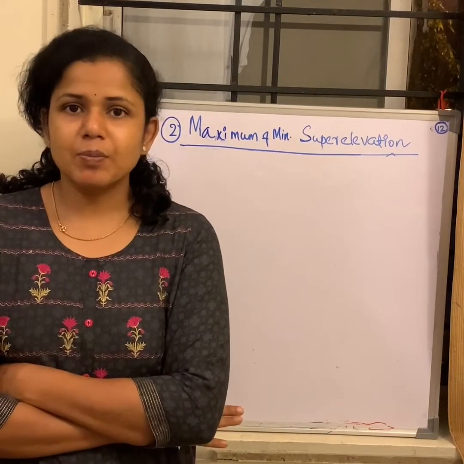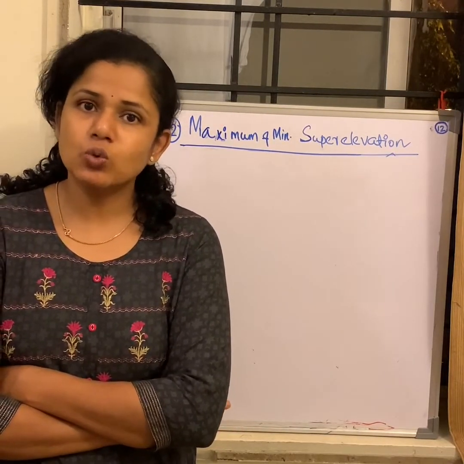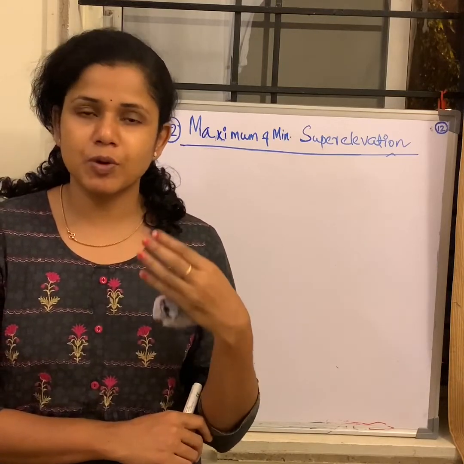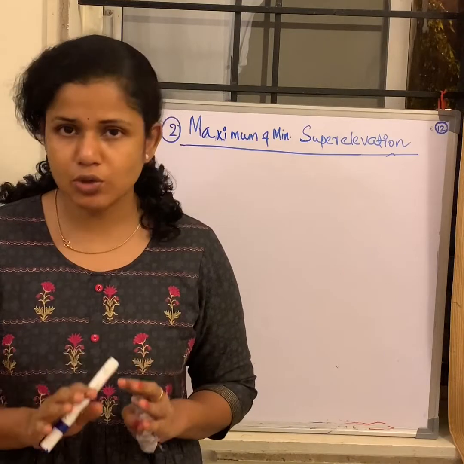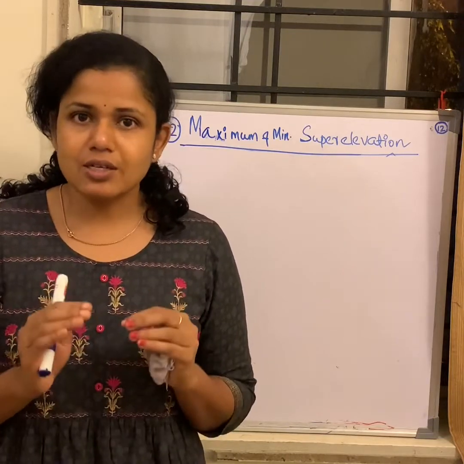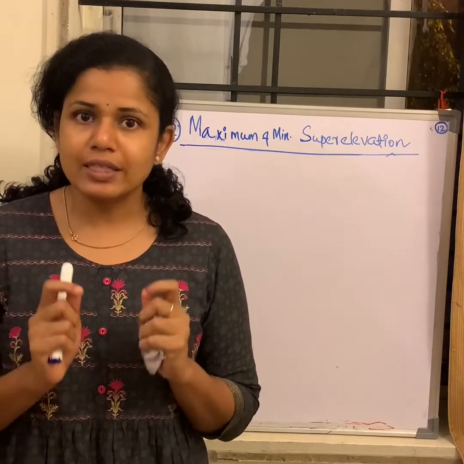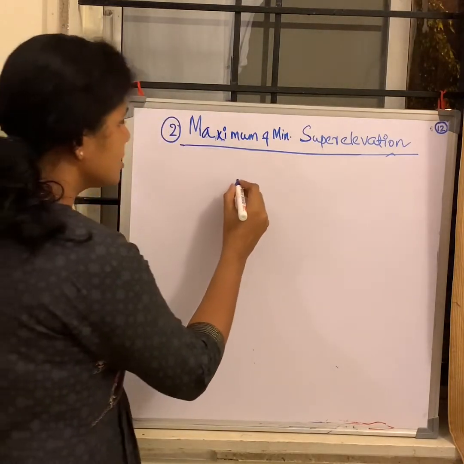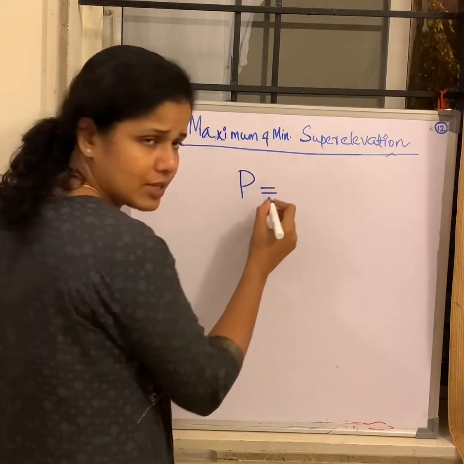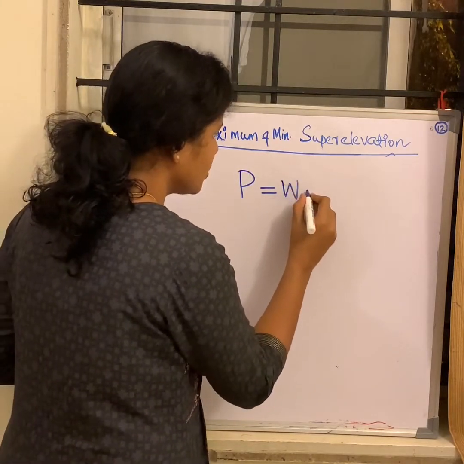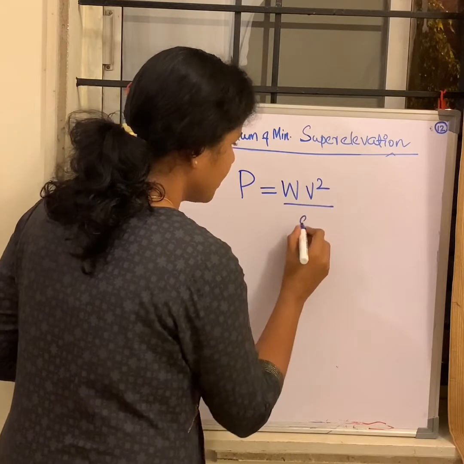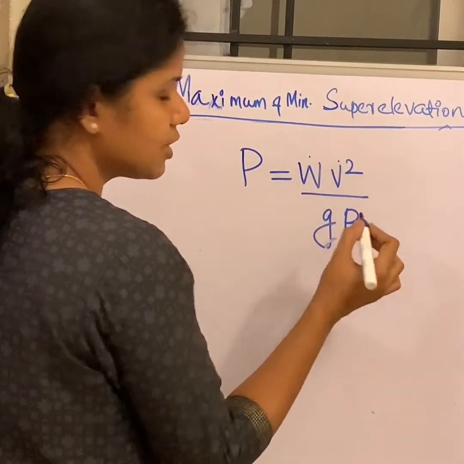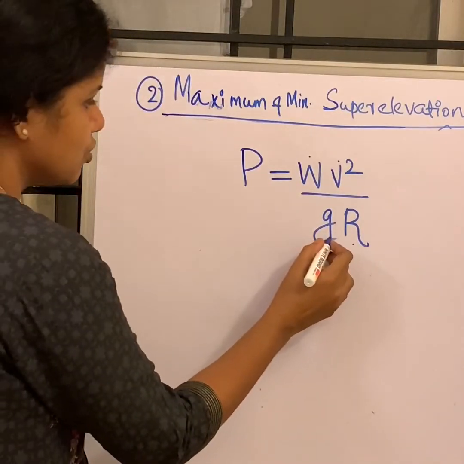So, from a practical point of view, it is necessary to limit super elevation, because providing a higher super elevation value is not going to be possible. So let's understand a little more carefully why there is a necessity to limit the super elevation value. Now let's consider the centrifugal force we derived. The centrifugal force we derived was WV square divided by GR. That means speed of the vehicle, weight of the vehicle, radius of curvature, and acceleration due to gravity.